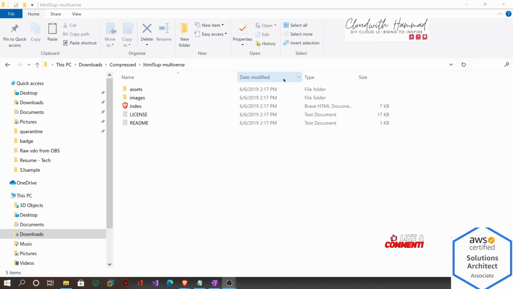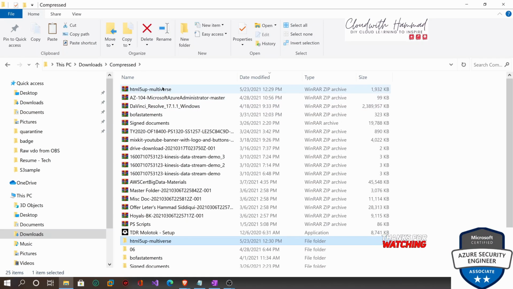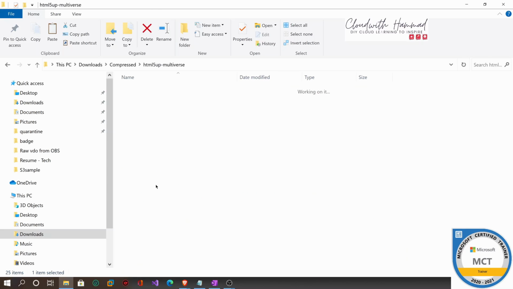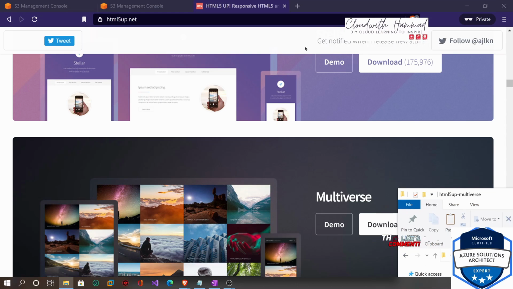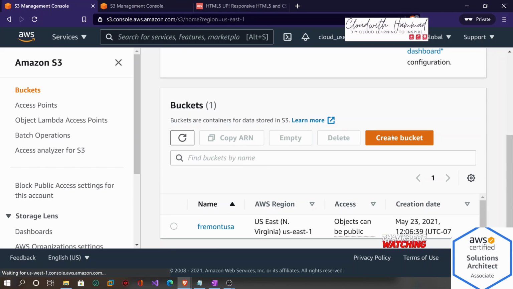All right, guys. So I downloaded the file and extracted it. I downloaded this file and extracted it to this. Now we'll upload these files into our S3 bucket. For that, first we'll go here, and we will create a bucket first. Let's create a bucket,